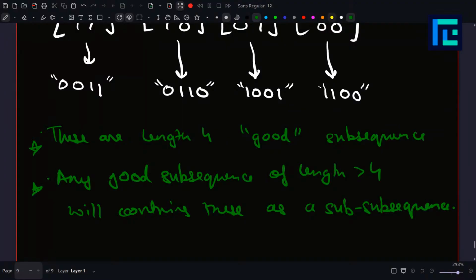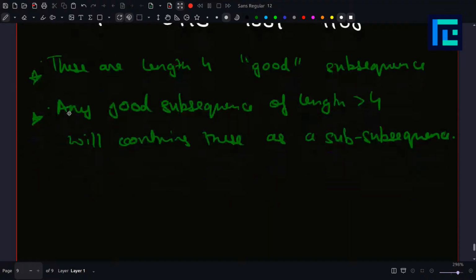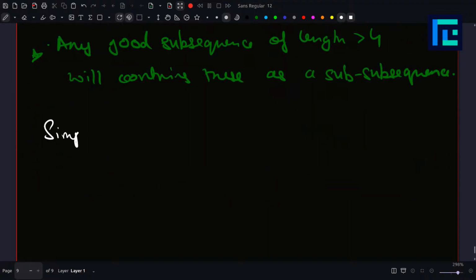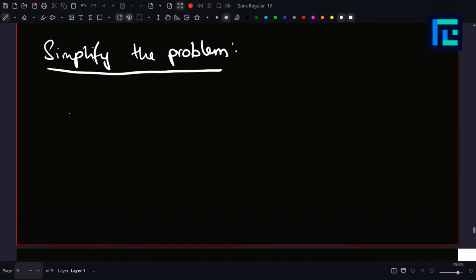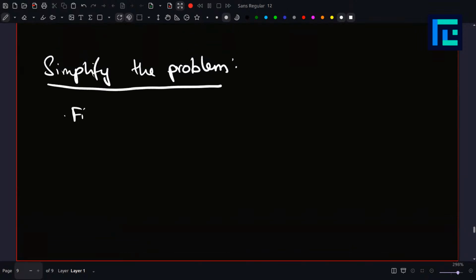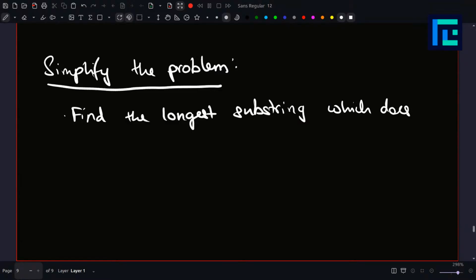So let us now simplify the problem using this above knowledge. And what does the problem become? The problem becomes basically find the longest substring, which is not beautiful, right? So we need to find the longest substring which does not have